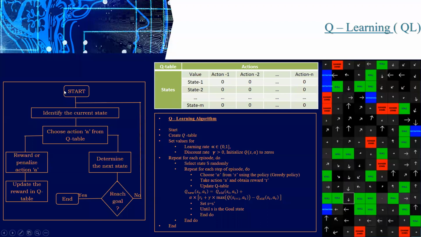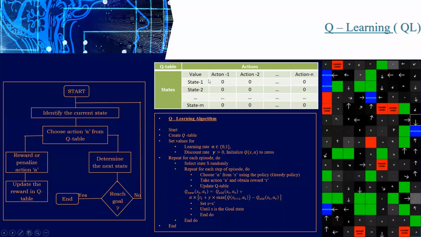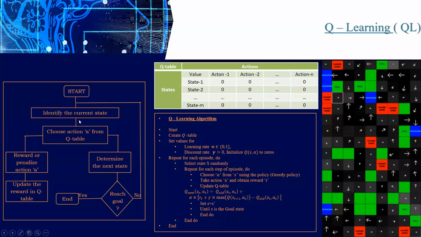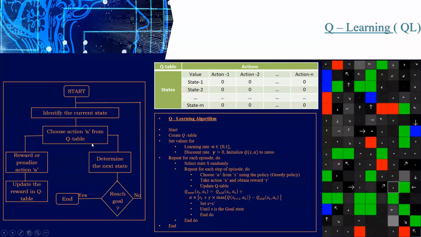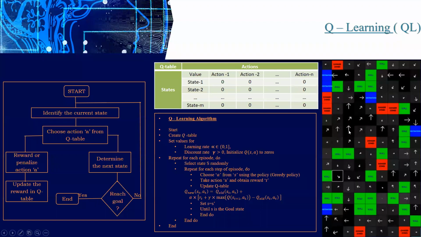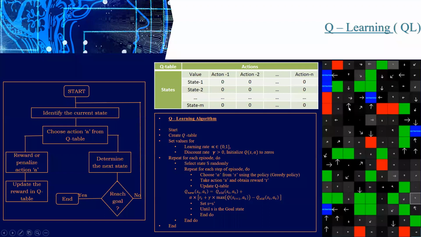Okay, like that. See here, first we have to identify the current state where we are currently, and after that we have to take one action. From here we have four actions, right? Out of four actions, we have to identify one action and we have to perform that. Depending on the action, we will go to another state. For example, here we are here, when we are taking up, we will reach this point, right? So like that, we have to observe what is the next state until we reach the destination.